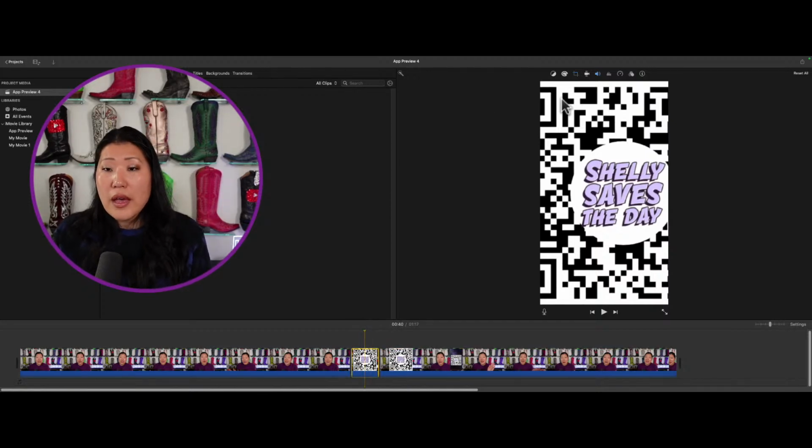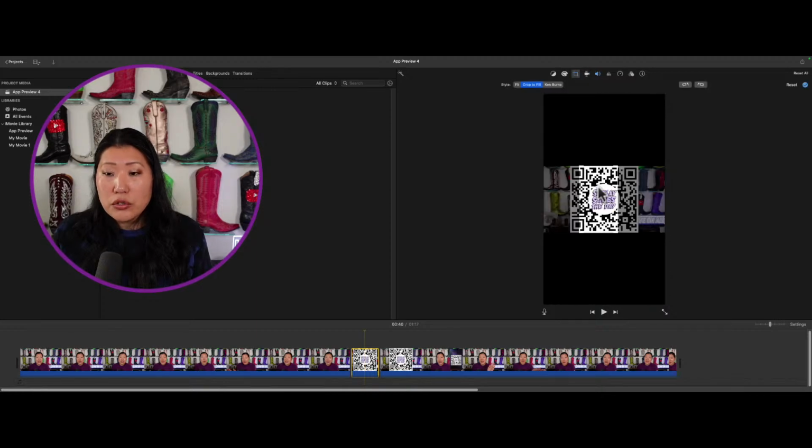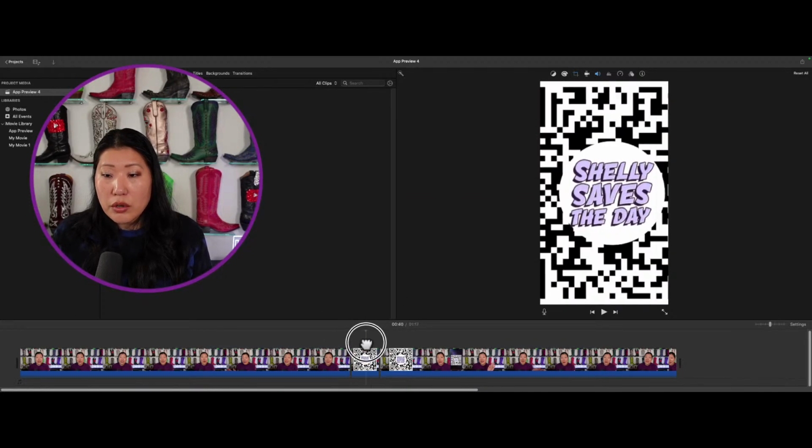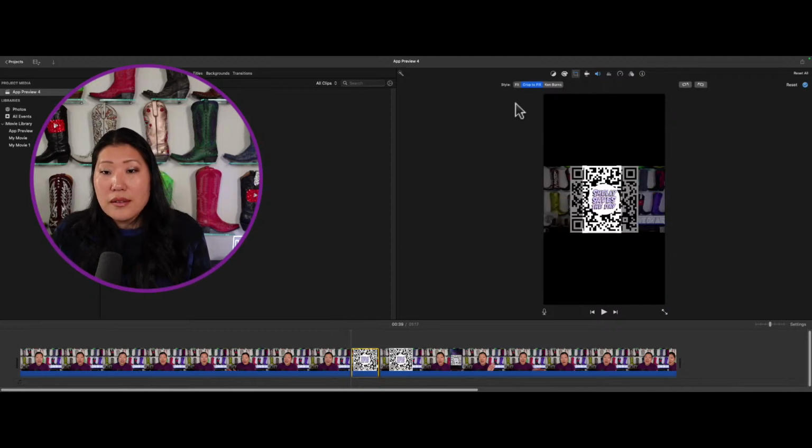So just for this, I'm going to go back up to that cropping tool, and I'm going to change it right here. All right, so that's one thing that you could do, but obviously my little QR code is not perfectly center. And let's just say it's something else, not a QR code. This is just as an example because it has very clear and definitive edges. So what I'm going to do on this is actually I'm going to start over here and go back to my little cropping tool. And instead of a crop to fill, we're actually going to do a Ken Burns.